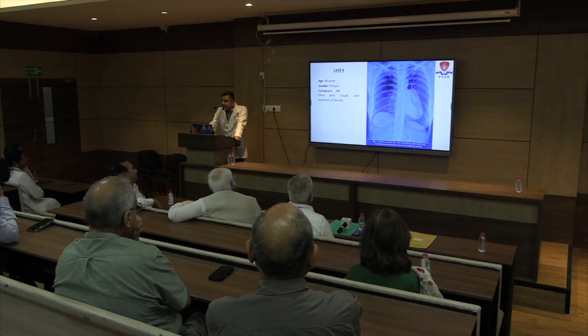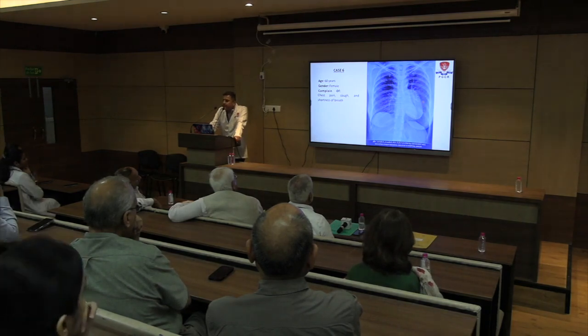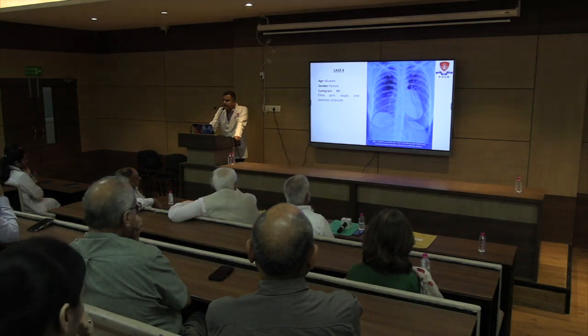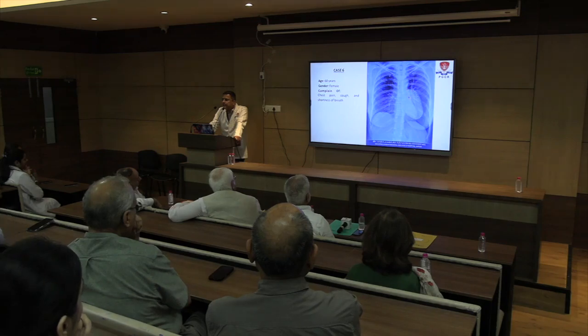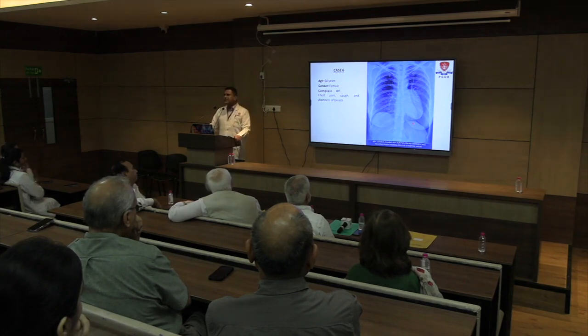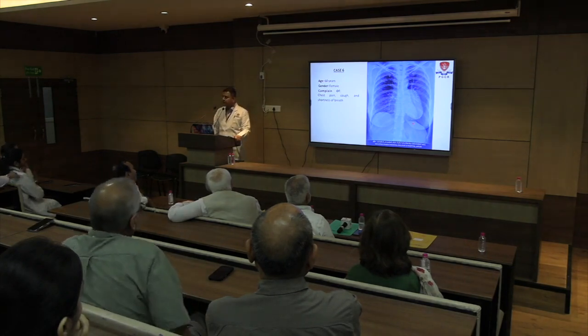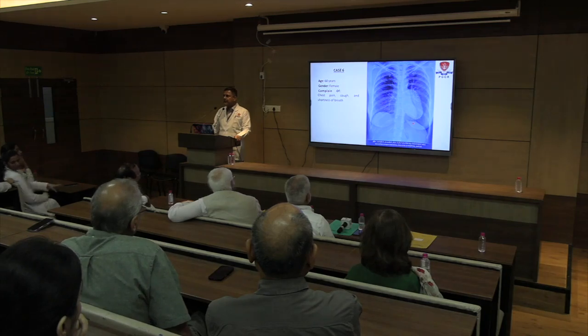Then we can also see that just around the margins of the opacity, the lung parenchyma is absolutely normal. The rest of the lungs are also normal. Then we go to the most important thing, the angles with the mediastinum. This is forming an acute angle with the mediastinum here, and the angle with the descending aorta and aortic knuckle is also acute, less than 90 degrees. So we conclude that this opacity is located posteriorly and is in the lung parenchyma.